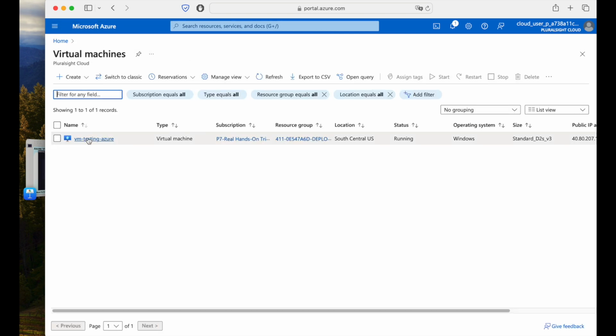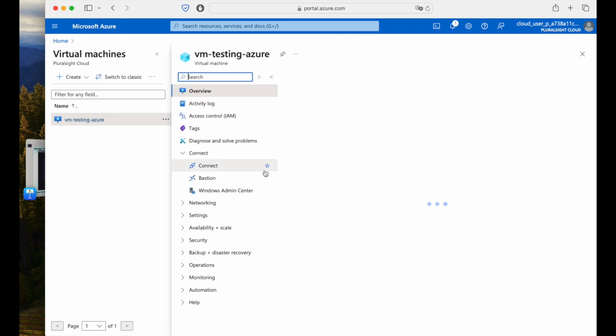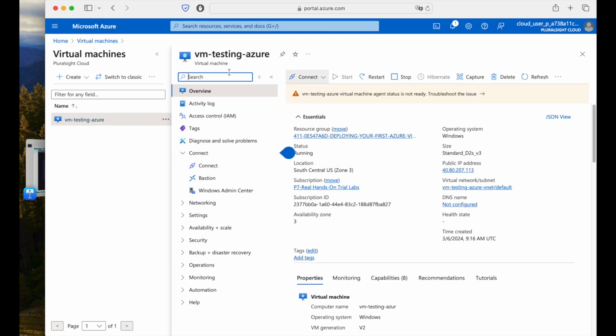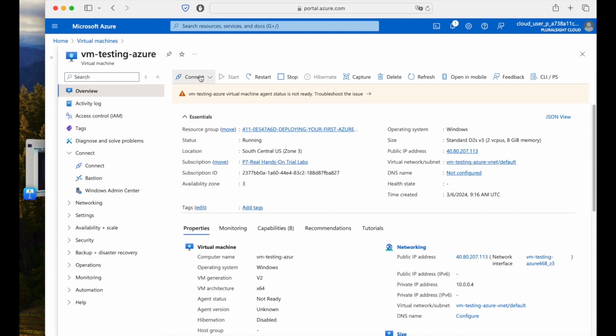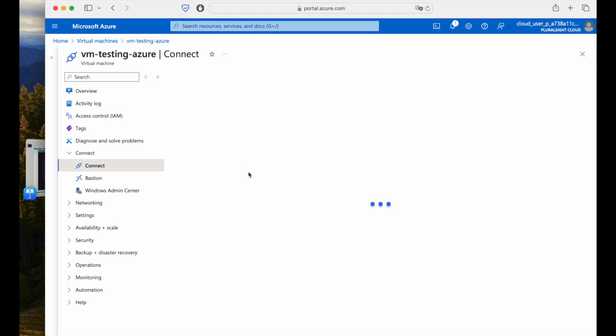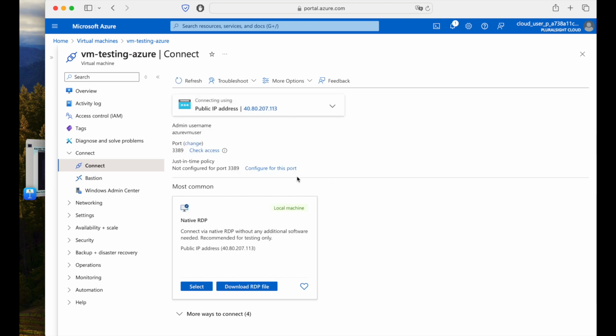Your machine will appear here, and under machine, if you go inside of it, there is this option called connect. If you click on that, there are two options: connect via version or directly connect. I will connect directly. As I said, you need to have an RDP client installed in your machine. I already have an RDP client installed, so I will just download the RDP file